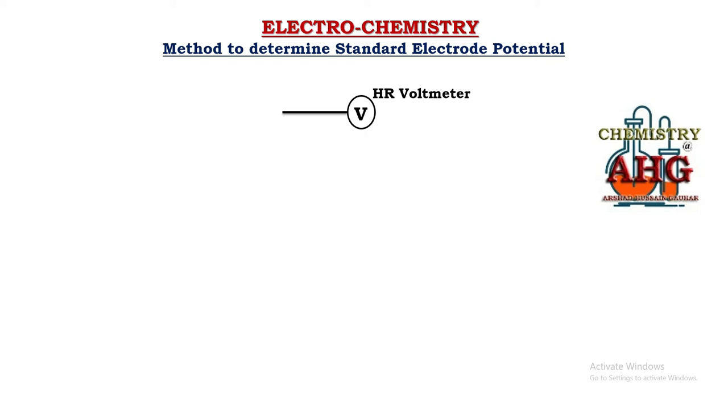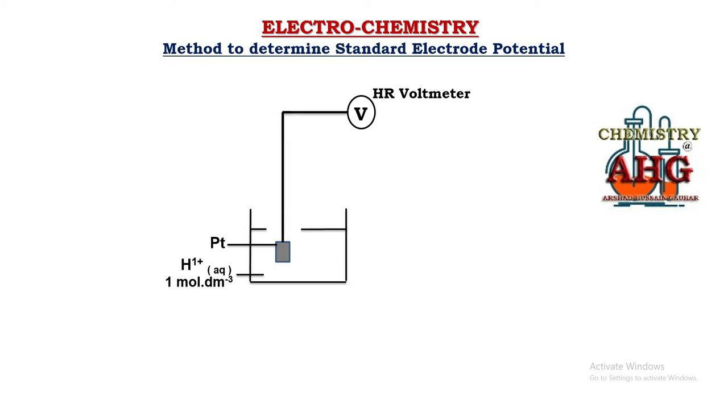How is the standard hydrogen half cell connected? We take a beaker, and we take a solution of hydrogen ions, like HCl solution, having a concentration of 1 mole per dm cube. Since hydrogen is a non-metal, a non-conductor, which metal is used as a conductor? Platinum foil. This platinum foil is coated with powdered platinum to increase the surface area, for increasing the rate of reaction. This platinum foil is connected to a wire, and the wire is connected to one terminal of the voltmeter.